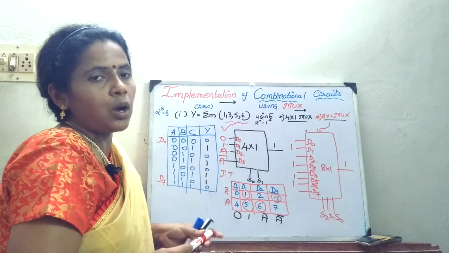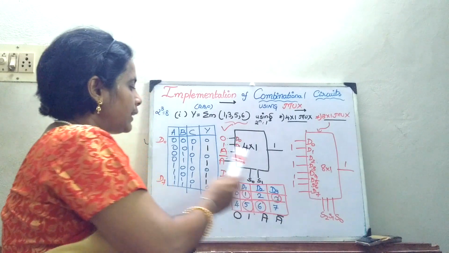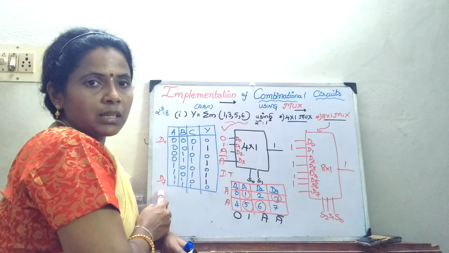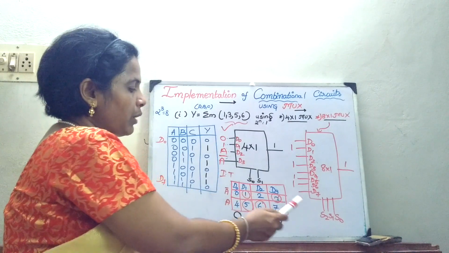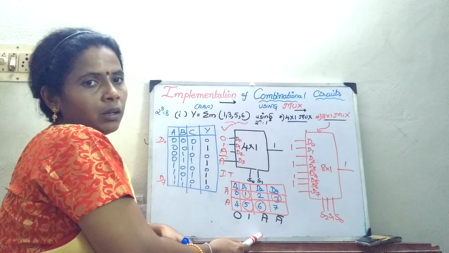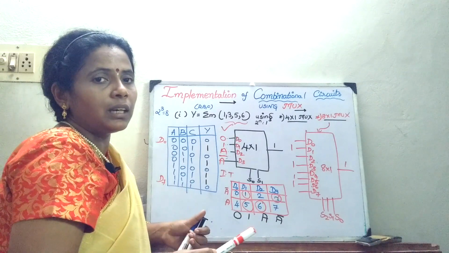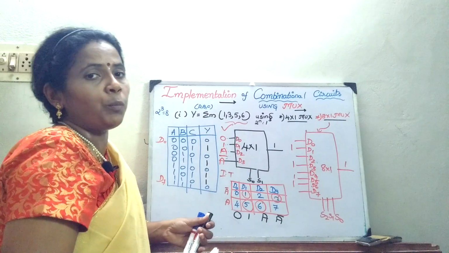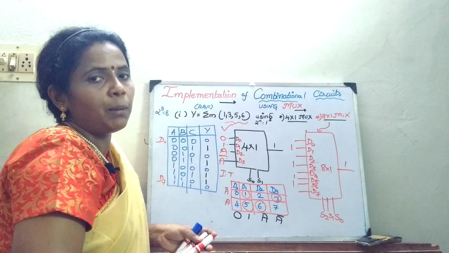Is this clear? If I am going to use the 8x1 mux and the data is going to be the same from D0 to D7, there is no need of writing the implementation table. Whereas if I am going to write it in terms of the reduced one, then you have to incorporate the implementation table. Okay, thank you. In the further class, we will be seeing many more problems for implementing your combinational circuit using a multiplexer.